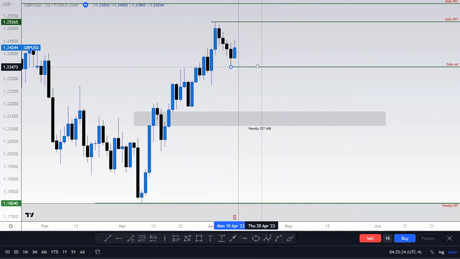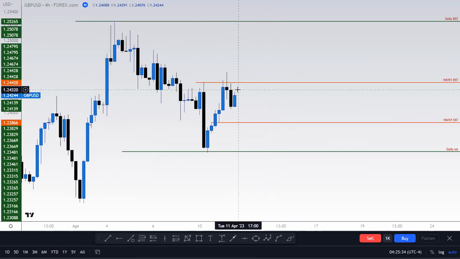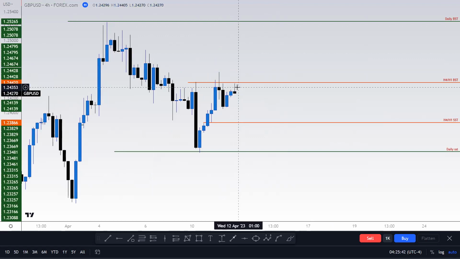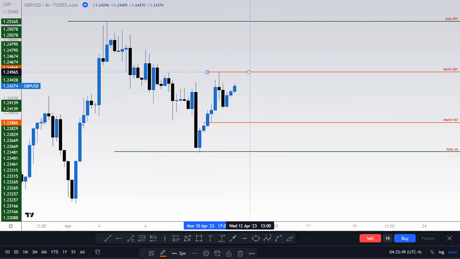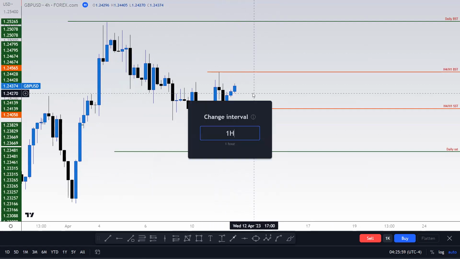Now, the new sell side liquidity on the daily was the swing low down here, and the buy side liquidity stayed the same. 4-hour time frame, again, we're just going to forward play this. The pre-open. So the next draw on the 4-hour buy side is the swing high up here. And the next draw on the 4-hour sell side is the swing low down here. Simple as that. If we go to the 1-hour time frame,